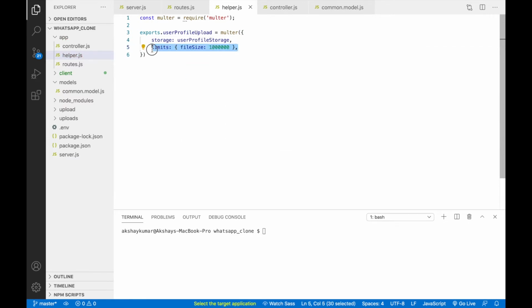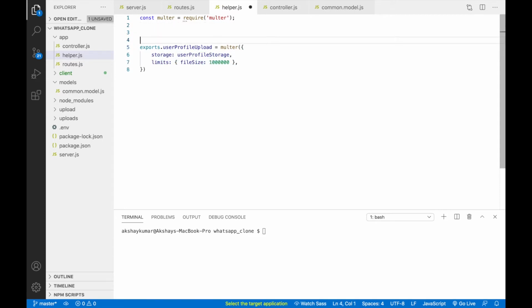So what this means is, whenever a user is uploading any file, you can limit that file size. So let's say the user can't upload a file size more than 10 MB. So maybe if he tries to upload 20 MB or maybe 11 MB, then this throws the error, right? Okay. So now we don't have this method.